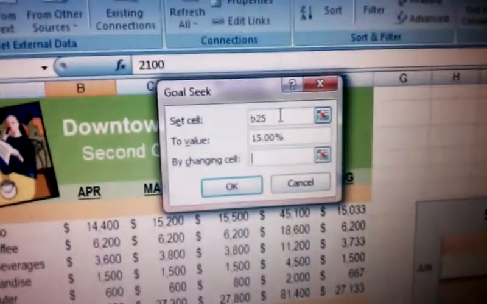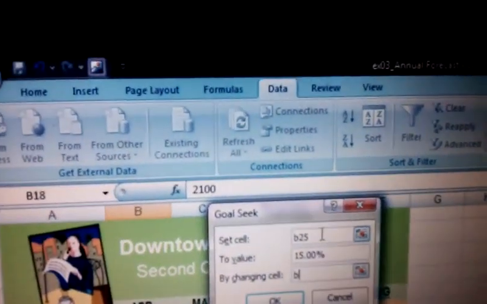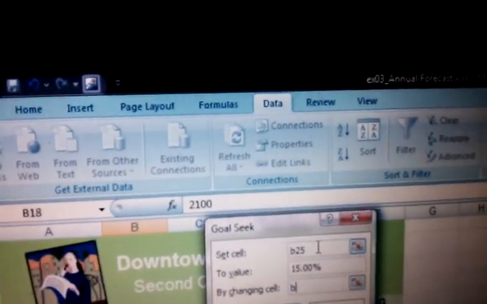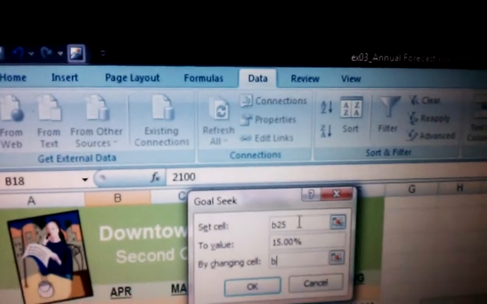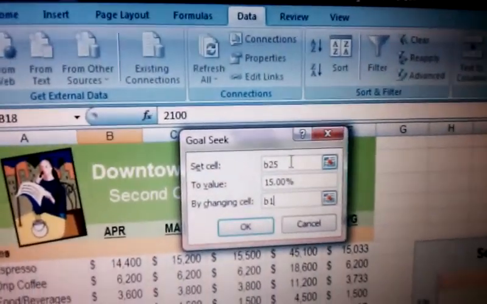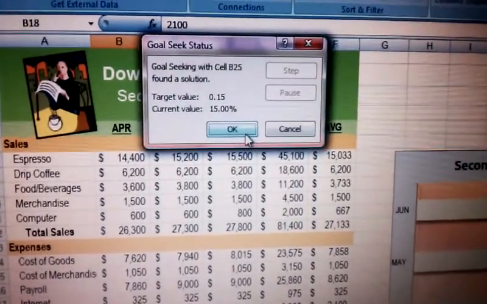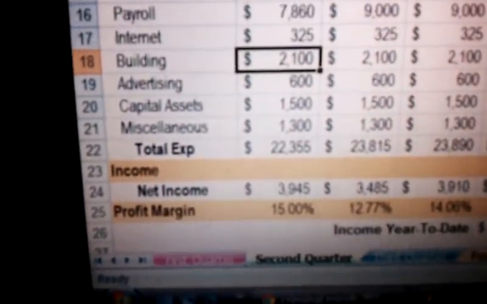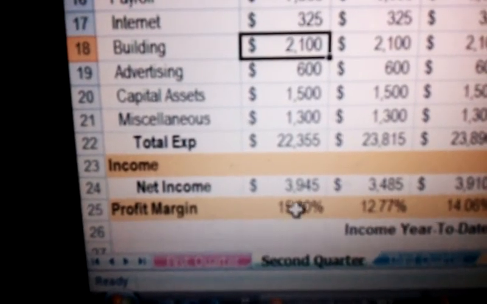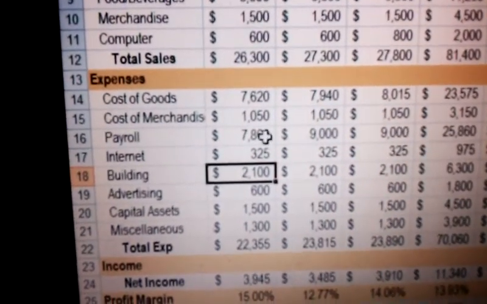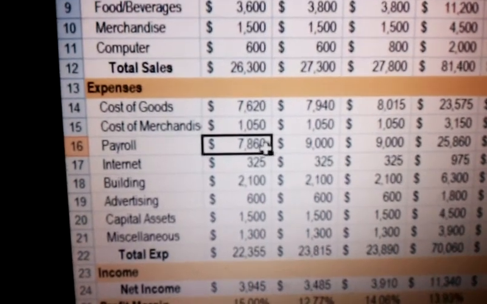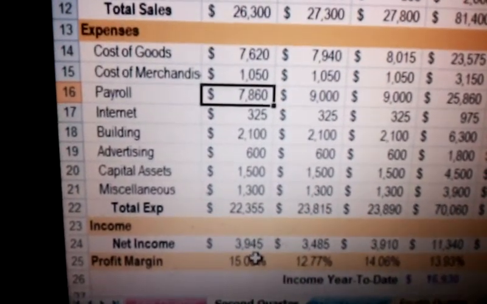From B, we'll go back to payroll, B16. That being said, it understands what it's looking for. So now look at it. At the bottom, I have exactly 15, and my payroll is adjusted to exactly what it needs to make my